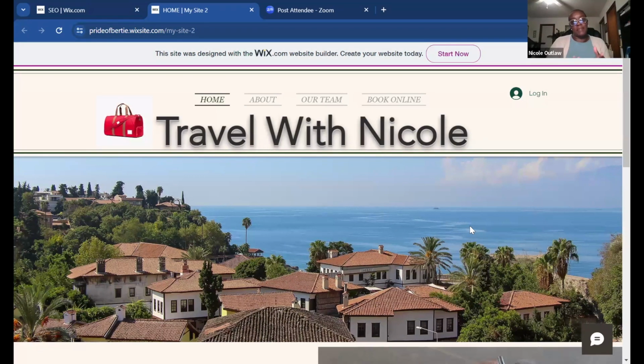So if they typed in Travel with Nicole, it might be possible that the site link comes up, but that might be because I used the link on Facebook, or posted it on LinkedIn. Google is not going to find it, and it's not going to be at the very top of the search, but maybe on several pages